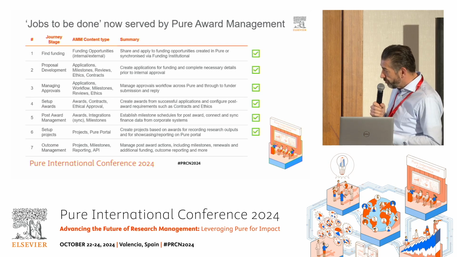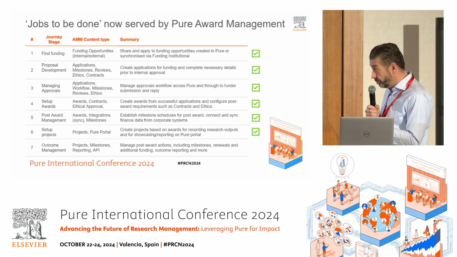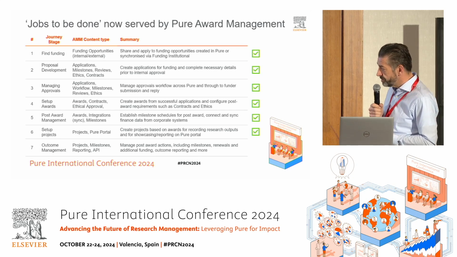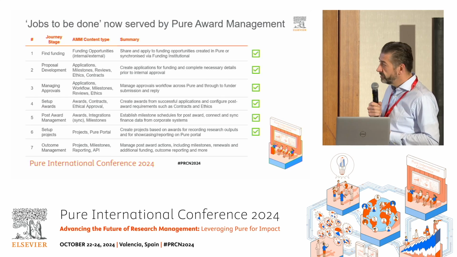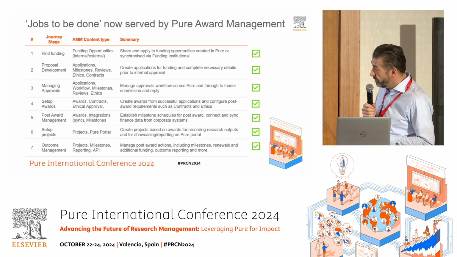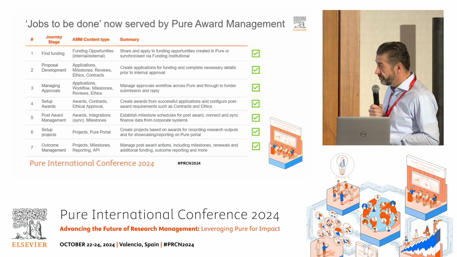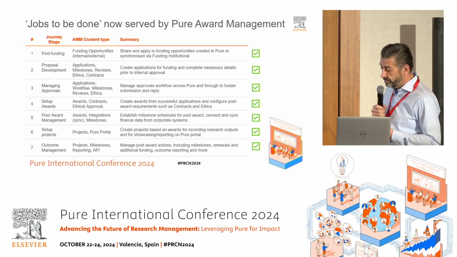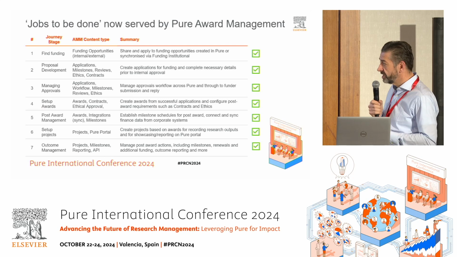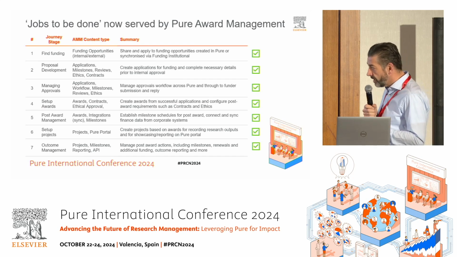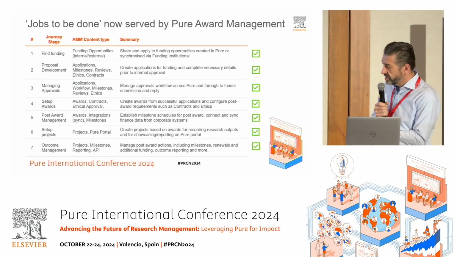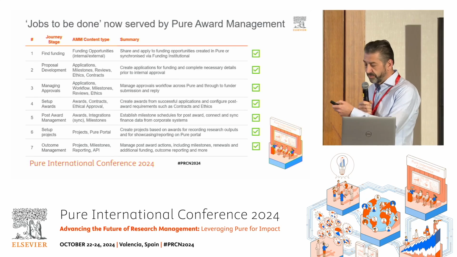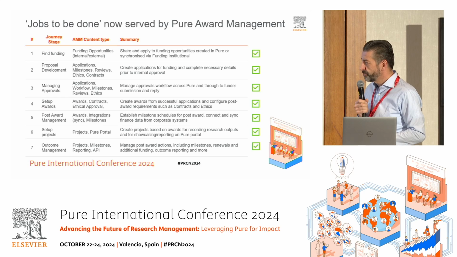And then obviously the setup of projects is a case that hasn't changed largely, but working on the portal and the new Pure portal as well, in terms of how we start representing project information, is starting to form how we might want to showcase things a bit more effectively. And ultimately, within outcome management, making sure we can bring data in from publications, data sets, impact, etc., and link that back into the actual funding awards. And we have some plans in here, which I'm hoping I might be able to talk about at the next conference, in terms of how we improve the way we deal with funding information coming through and representing that against projects.